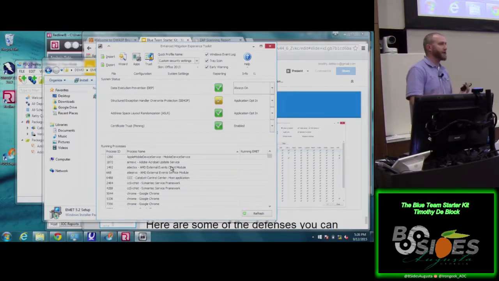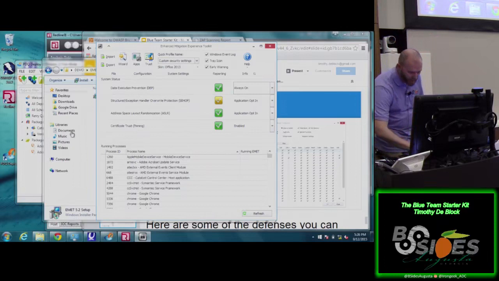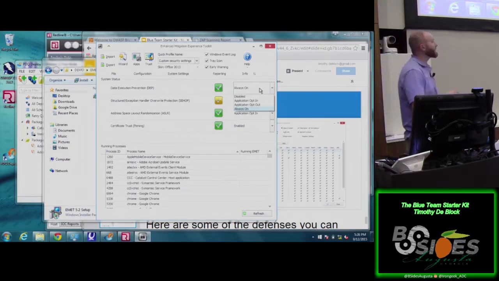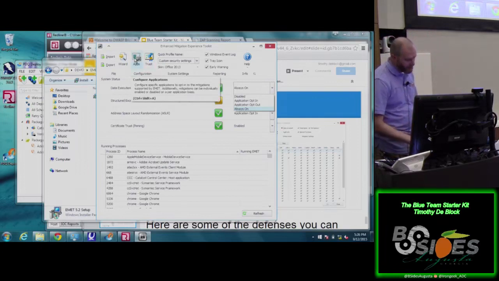Then I just put in the base, which I believe is Office and stuff like Java and Adobe, which is kind of your main worry there, but it'll go out and protect Skype and all this other stuff. So these are your controls. One of the downsides here is that if you have to change these controls, you have to reboot the machine. Sometimes you can change the controls and stuff will start working, but other times you have to do a full reboot, which is one of the downsides.